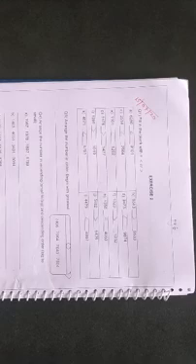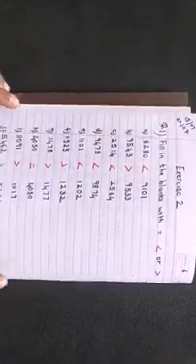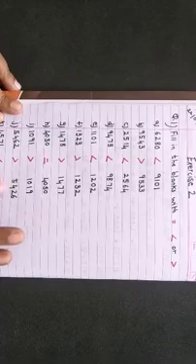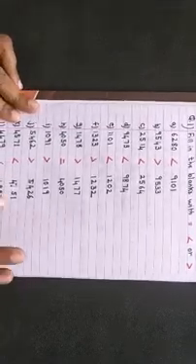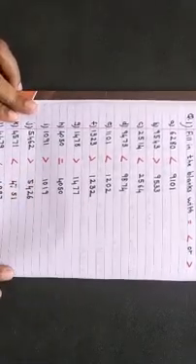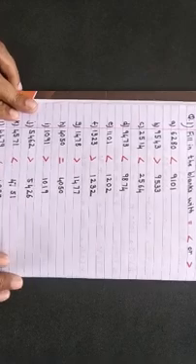Children, last time we had done this. Remember exercise 2, greater, smaller or equal to sign. Now children, I am glad to say that most of you, I think just one or two may have got it wrong. Most of you have got this right. So I will not discuss this, children, but I will put this in the broadcast. So those few children who have got this wrong, you can just have a look.